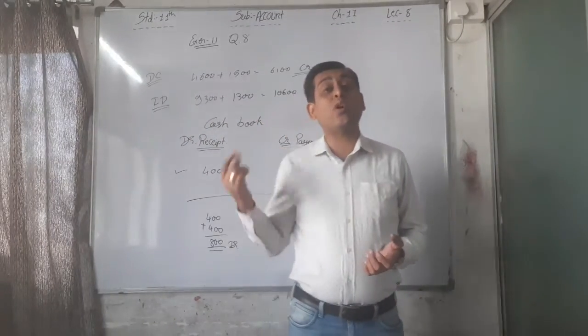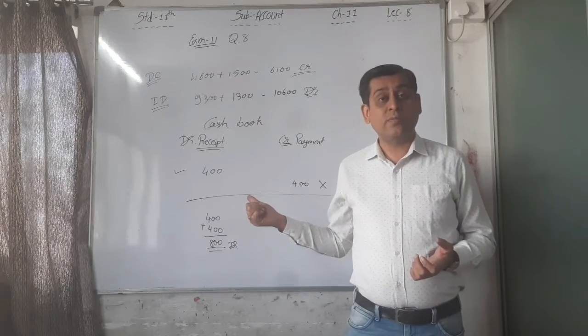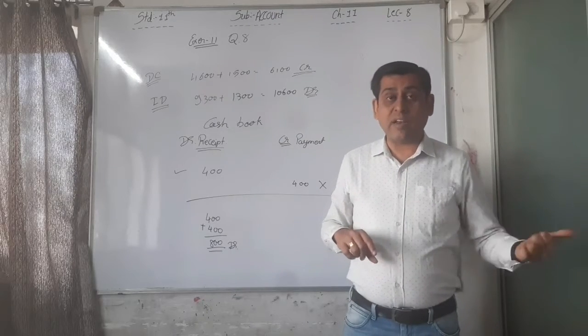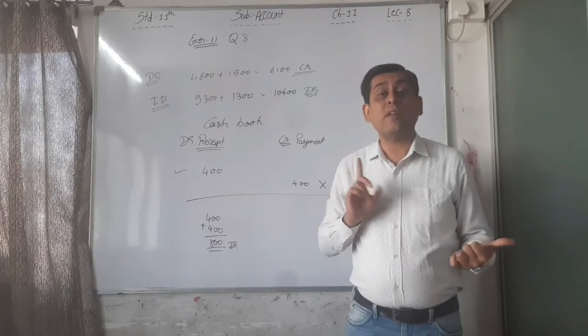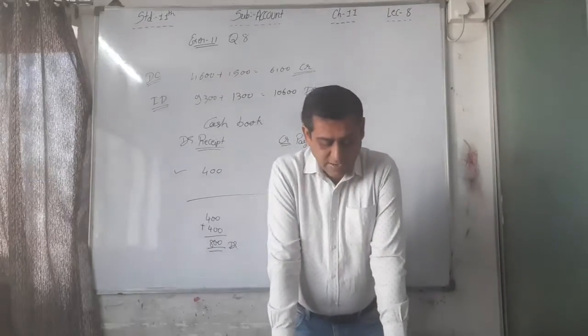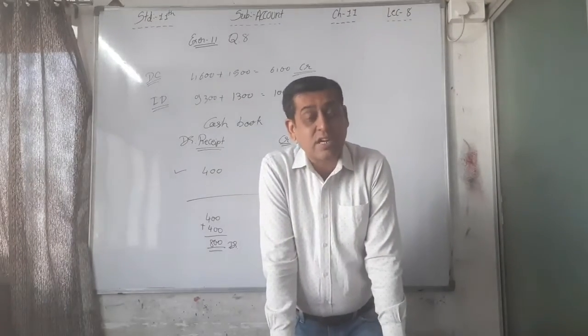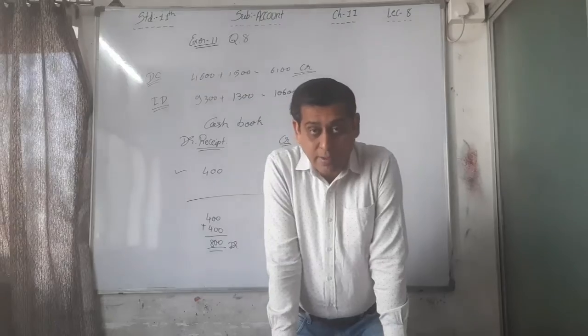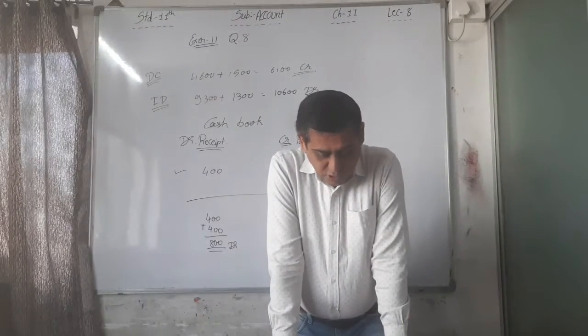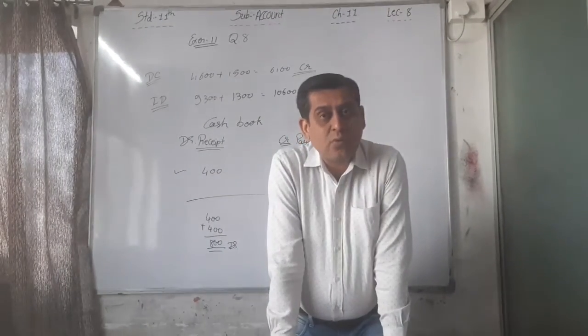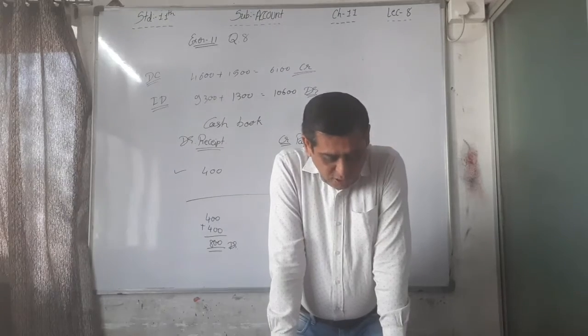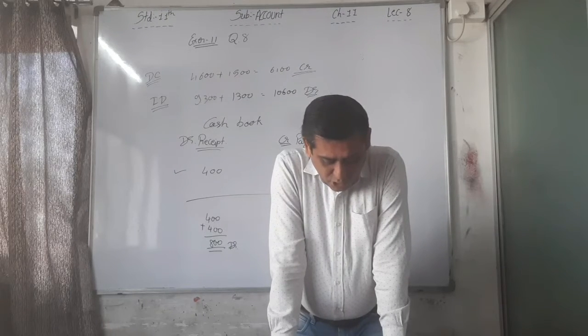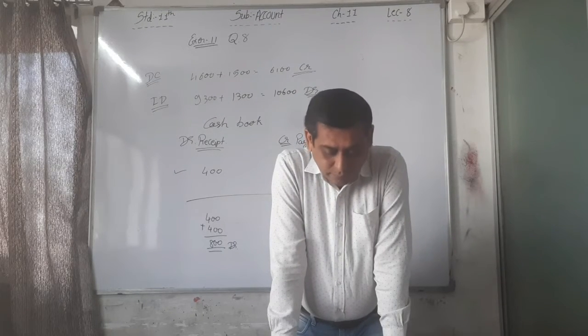So what do we have to do? We have to just do the reverse. Again, the bank credited that amount, so we have to debit it. So here the bank has reversed the bank charges. Bank charges reversed means credited by the bank, right? Which is not recorded in the cash book. That's why we have to debit it. So in situation number 8, the amount 380 is debit.